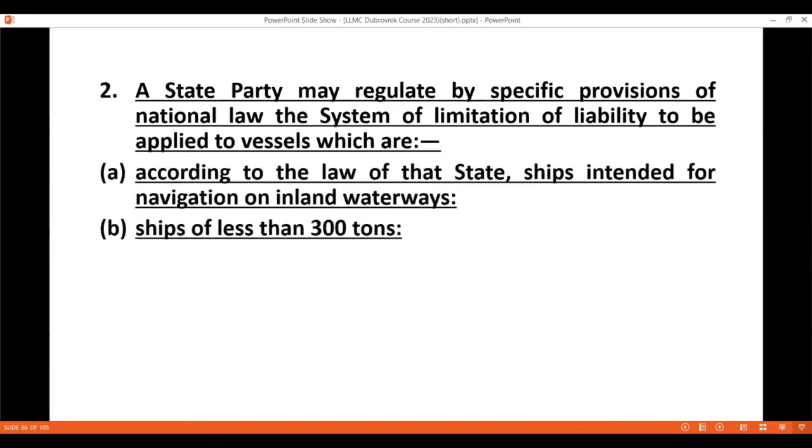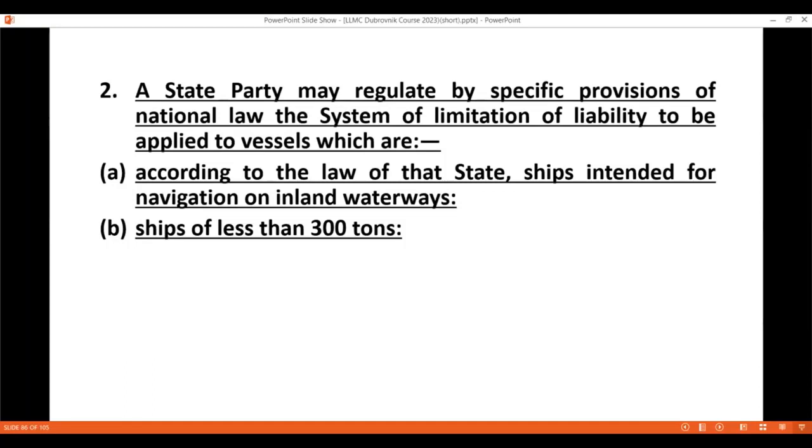Let me leave the scope of application. Sorry, one question. Yeah. Now that you mentioned that, would in that situation rectify the problem of being a party to both parties? No, because if I constitute a fund in the 1976 convention, you may be a party to